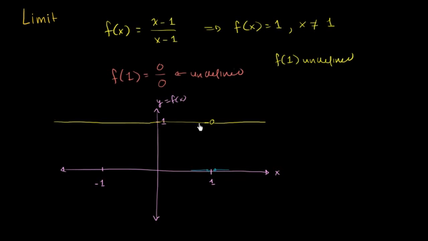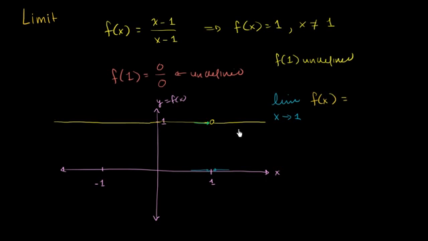Well, this entire time, what is the function getting closer and closer to? On the left-hand side, no matter how close you get to 1, as long as you're not at 1, f of x is equal to 1. Over here, from the right-hand side, you get the same thing. So you could say, and we'll get more and more familiar with this idea as we do more examples, that the limit, lim short for limit, as x approaches 1 of f of x,